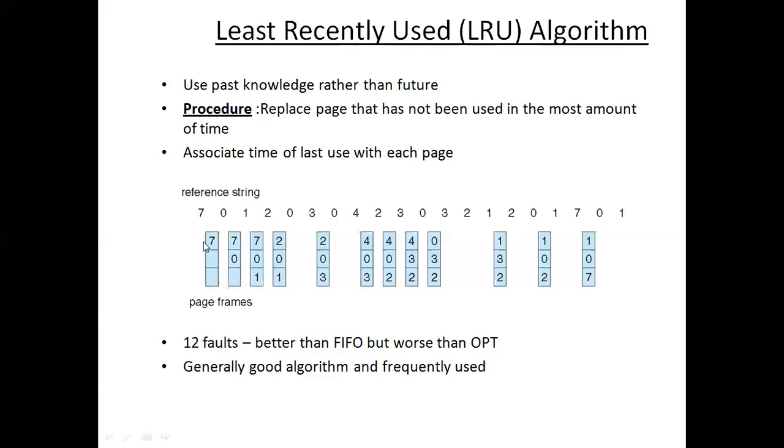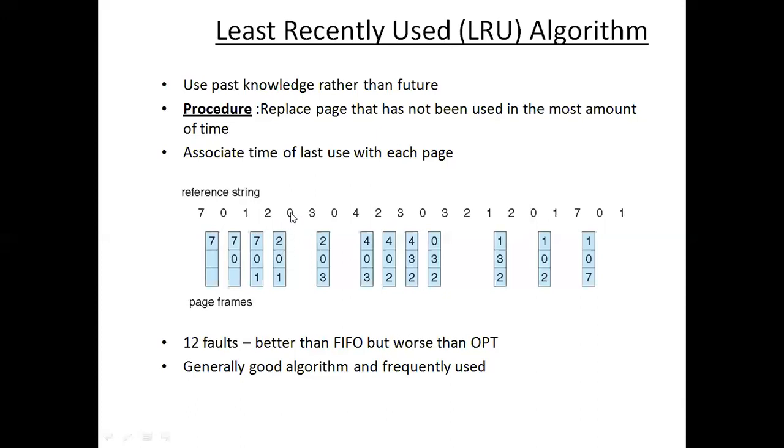Okay, now let's work on it. So 7, first page fault, 0 is brought, second page fault, 1 is brought, third page fault. Now page 2 has to be brought, but there is no free frame. How will you work on the LRU? Look at the previous 3 frames, 1, 0, and 7. Which was not used recently? 7, right? So replace the page that has not been used for the most amount of time. In the last 3 frames, 7 was not used. So you remove 7 and place 2.